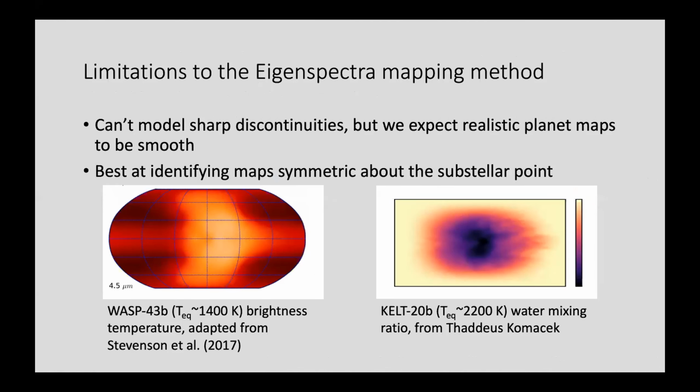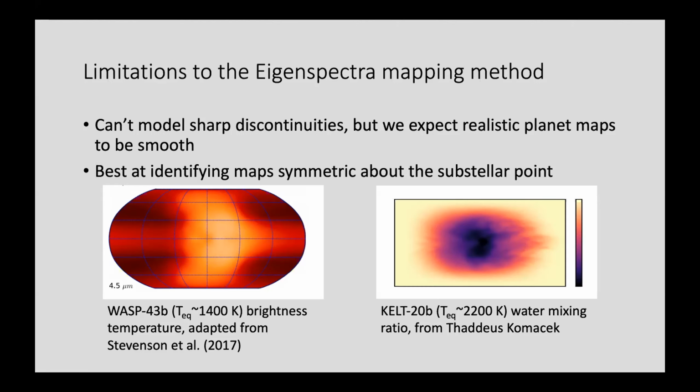So just quickly, I wanted to mention a couple limitations to this mapping method. The first is that it can't model sharp discontinuities as well as it can model those smooth gradients of flux distributions. And also it's best at identifying maps that are symmetric about the substellar point as opposed to those that have asymmetric flux patterns. But we don't expect this to be a big problem because we expect from our modeling of hot Jupiters that the planets that we would realistically be applying this to should smoothly vary in their properties